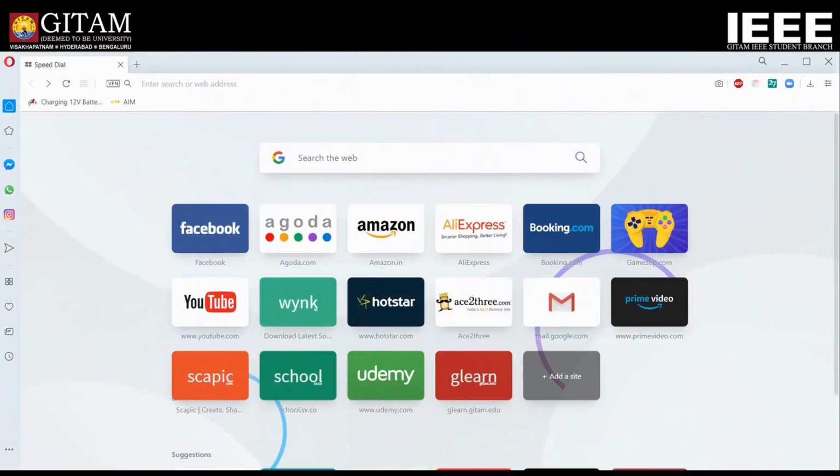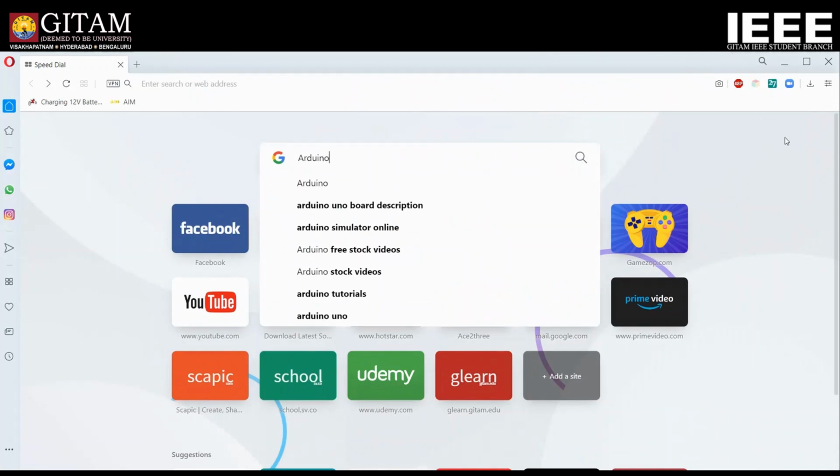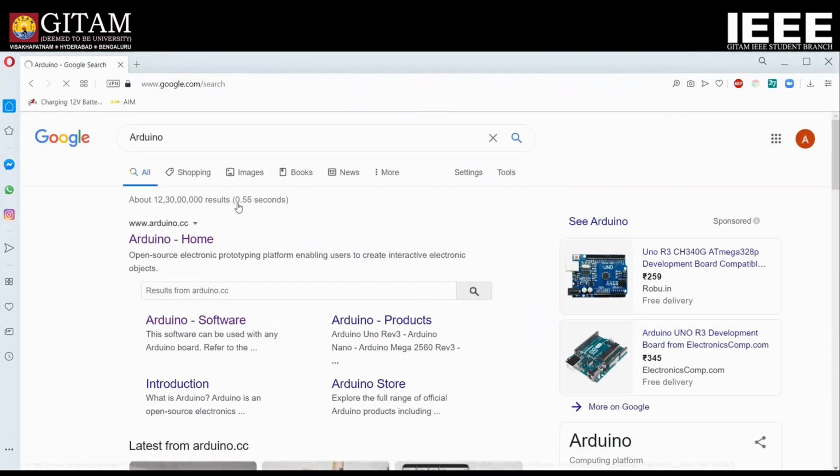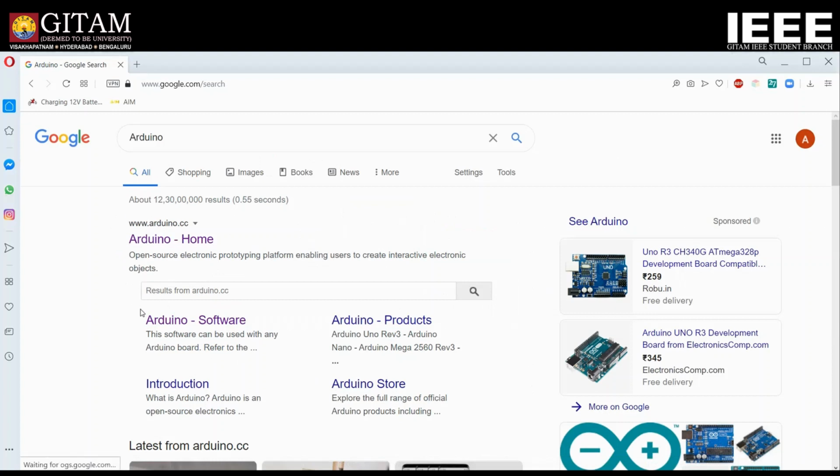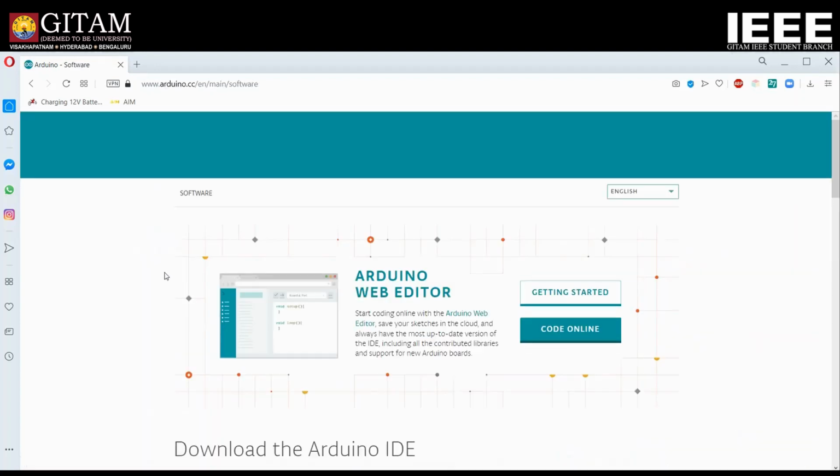So hold on. Now I guess that's enough of electronics from this dumb guy. Let's see how to install the Arduino IDE into our computers. Let's go to the official Arduino site by just searching it on Google. The first thing that you get in the Google search is exactly what you need, but not clicking on this will make things complicated. Just click on this option, Arduino software, which will land you in this web page.